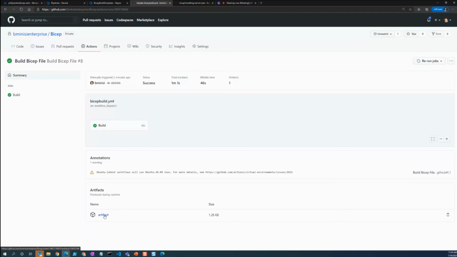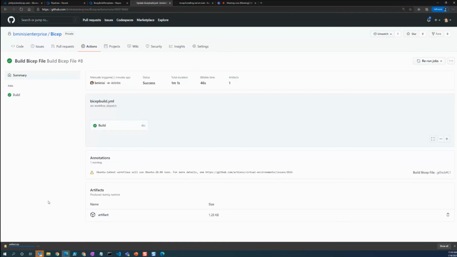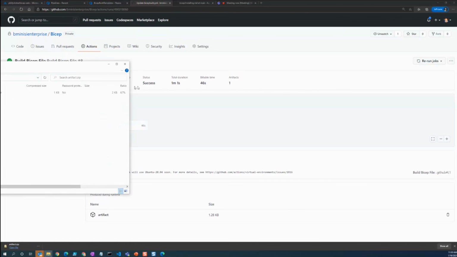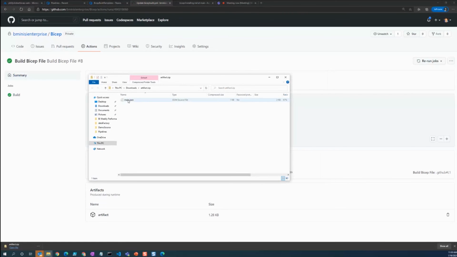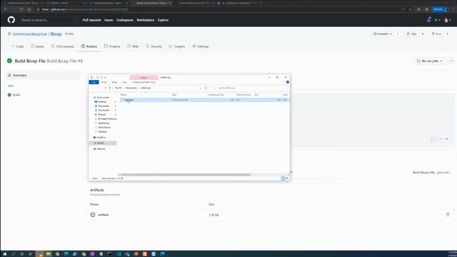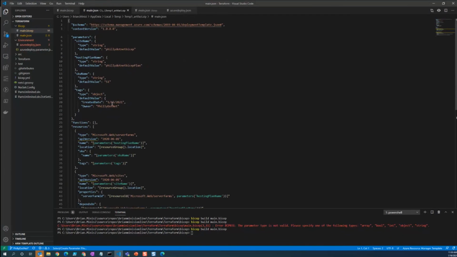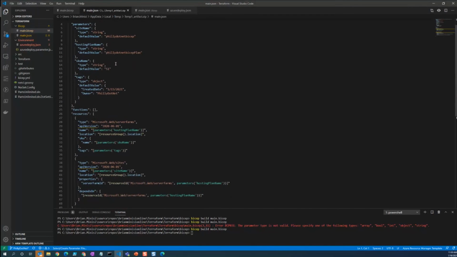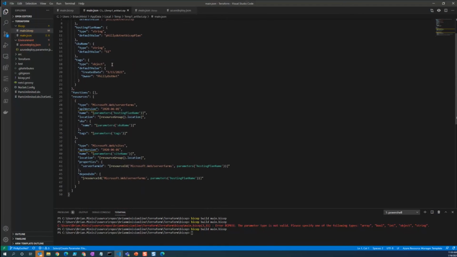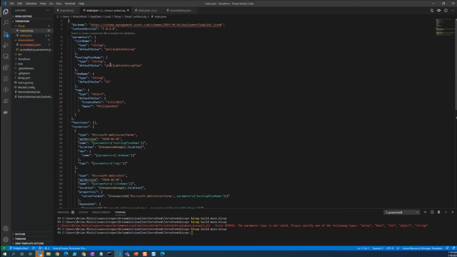So we can click on this and open it. And we have our JSON file here. So this is our compiled ARM template that we got through GitHub too.